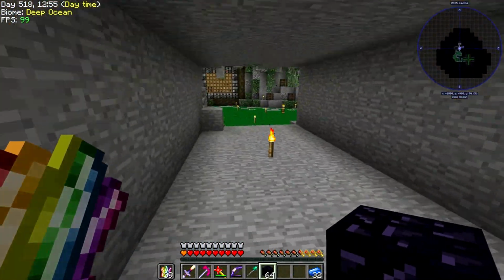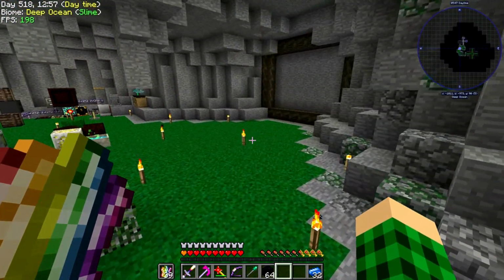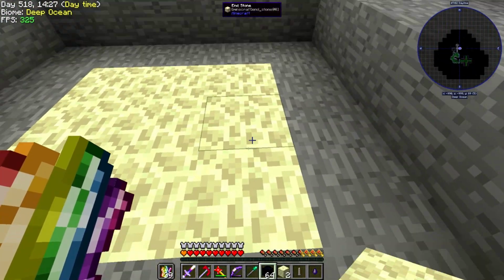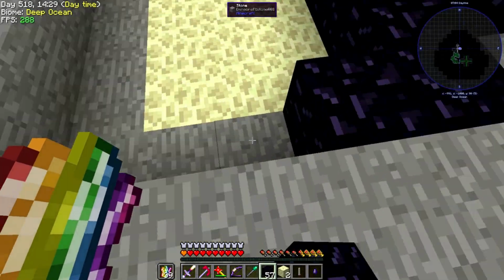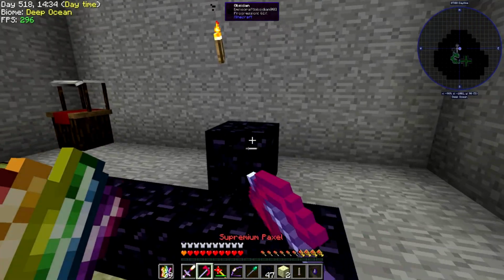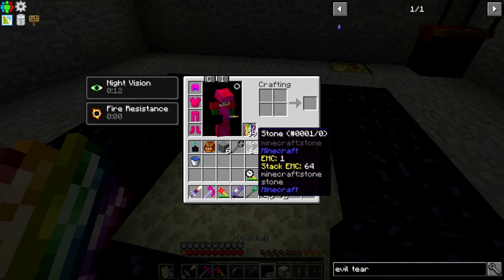I'm going to make it here. Possibly here where the water is. I just need to grab some stone. And let me Google it, actually. Okay, I looked it up. So we put 9 endstone in here, and then we put the obsidian around like that. And we can destroy that one. And then,